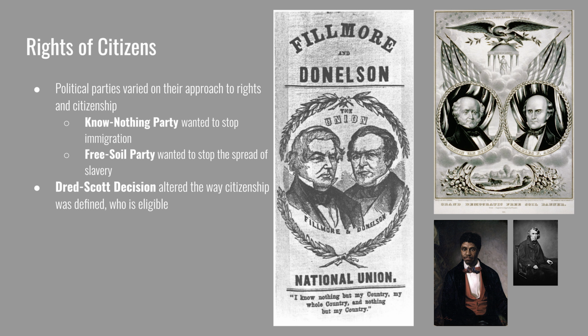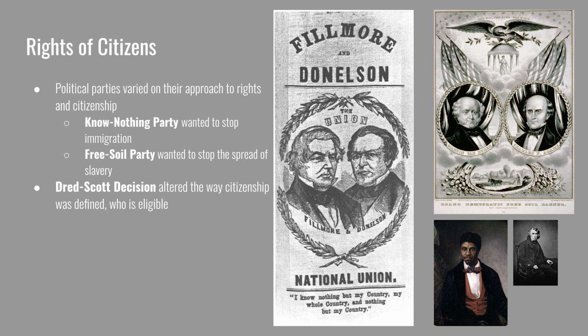This is related to citizenship because enslaved people were explicitly denied the citizenship rights. While the Free Soil Party was not an outright advocate of abolition or granting citizenship to black enslaved people, they were on part of a spectrum that was closer to that than other parties. Both parties had former presidents as their candidates in their presidential campaigns. Millard Fillmore ran for the Know-Nothings, and Martin Van Buren for the Free Soilers.